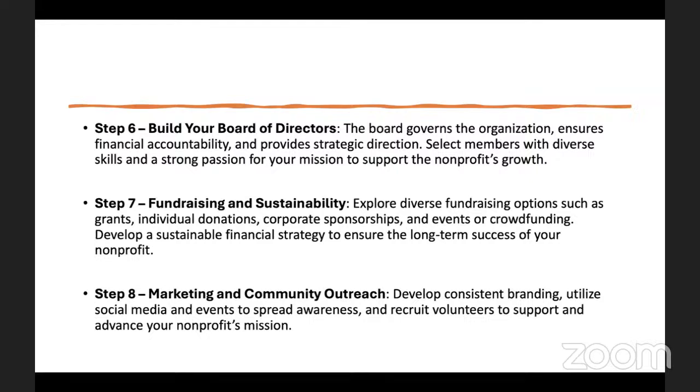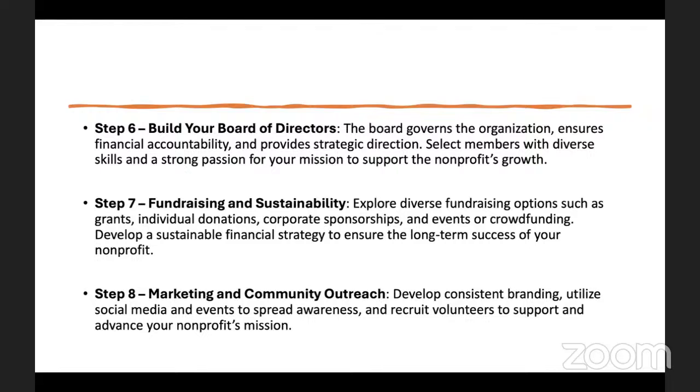Step number 6, build your board of directors. The board governs the organization, ensures financial accountability, and provides strategic direction. Select members with diverse skills and a strong passion for your mission to support the nonprofit's growth. I can give you an example for that. If you know a lawyer, let's say, or we have so many IMGs that have different interests in different fields, they can be very helpful in terms of